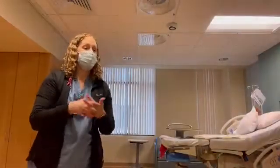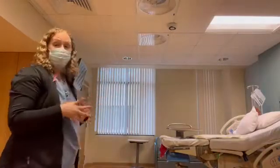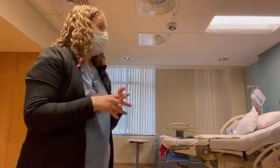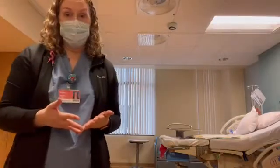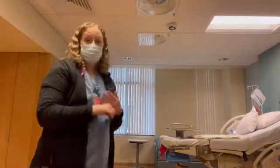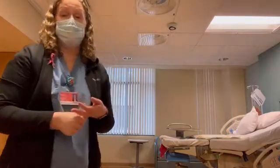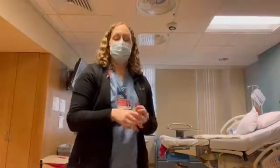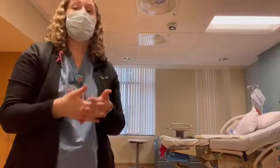Okay everyone, this is the labor and delivery suite. Like I said before, quite big. You can see there's plenty of room to do whatever needs to be done. This is where you will come when you are in the active phase of labor. This is where epidurals are done, and this is where the active part of labor and hopefully vaginal deliveries will happen. Everything can be done in this room,